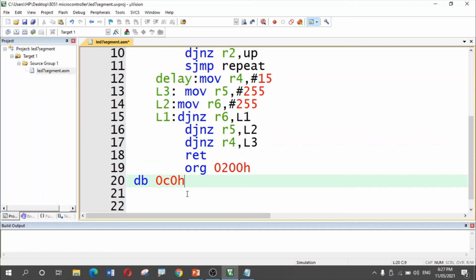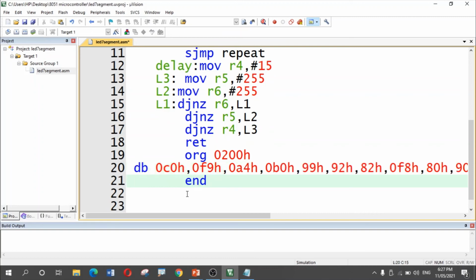So 0C0, then it is followed by F9. Again F9 is written as 0F9H, comma, and go on writing the codes for the remaining digits. So I have written the codes for 10 different numbers, and these codes are stored in memory locations starting from 200H. Save the program and check for any errors.